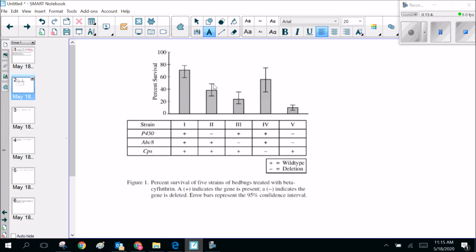If the error bars overlap, that means there's really no way to tell whether there's a significant difference between this data and this data. This guy could be this low, and this guy could be this high, and they might be the same height. This one could actually be higher than this one. We just can't really tell because there's fluctuation here. This error bar means that this bar could move and be different heights. So that means there's no significant difference, as surprising as it might seem, between this bar and this bar,